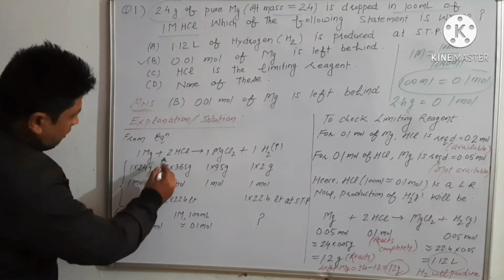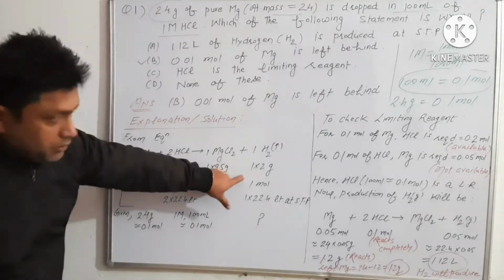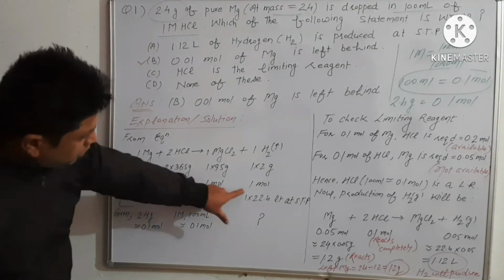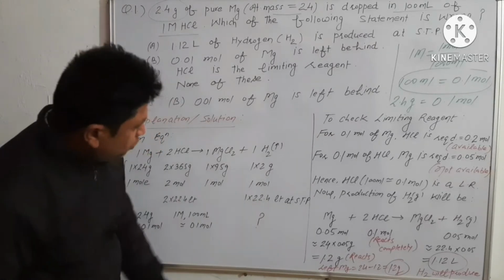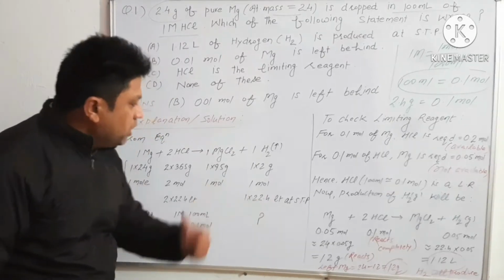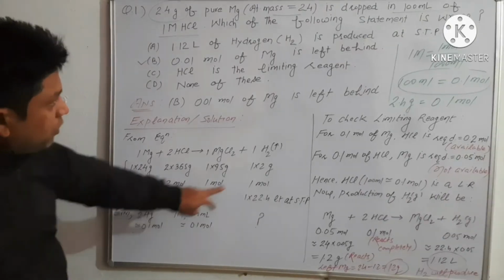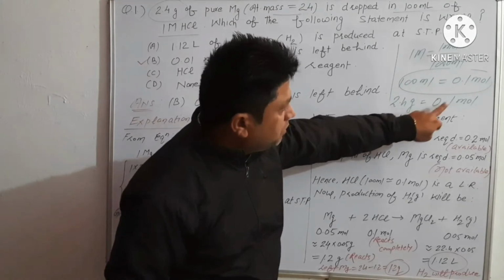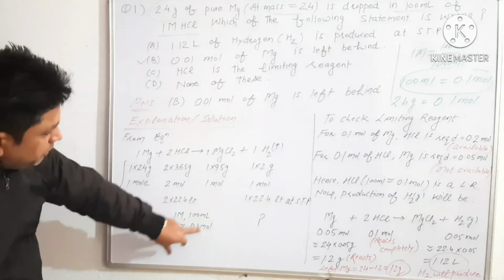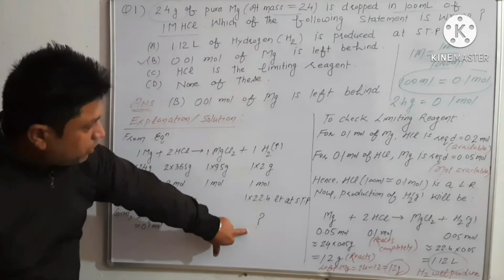From the balanced equation, which tells the ratio of the mass of each reactant and product, we can write the mole ratio like this. One more condition is given: at STP, the volume of hydrogen gas will be equal to 22.4 liter. I found that 2.4 gram of magnesium is equal to 0.1 mole, and 1 molar concentration, 100 ml, will be equal to 0.1 mole of HCl. This volume we have to find.